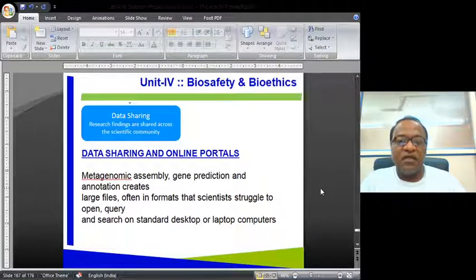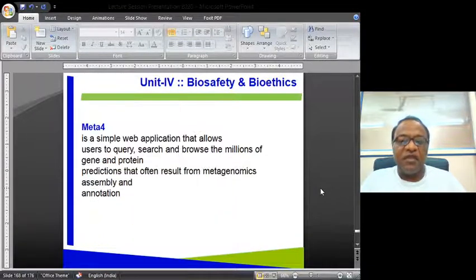Right. Then the final step is data sharing. That is, research findings are shared across the scientific community. So how do they do this? They have a beautiful algorithm for that, that is Meta4. It is a simple web application that allows users to raise a query and go about searching